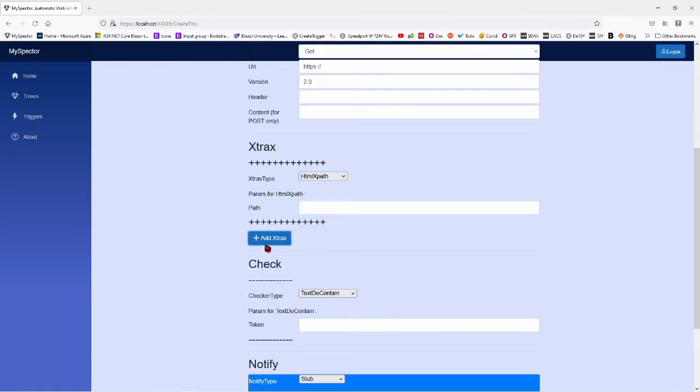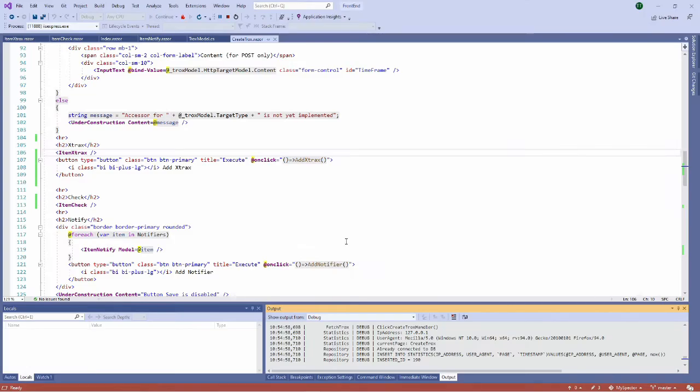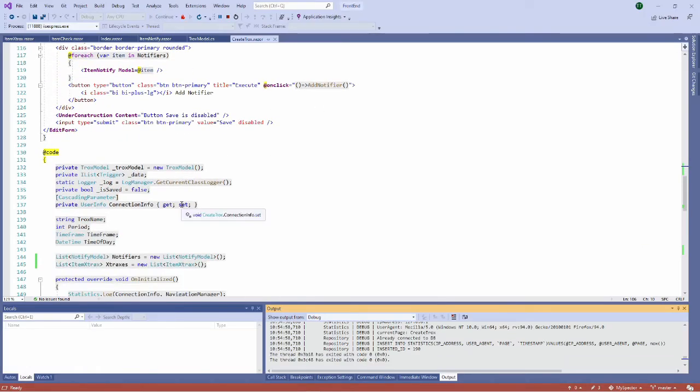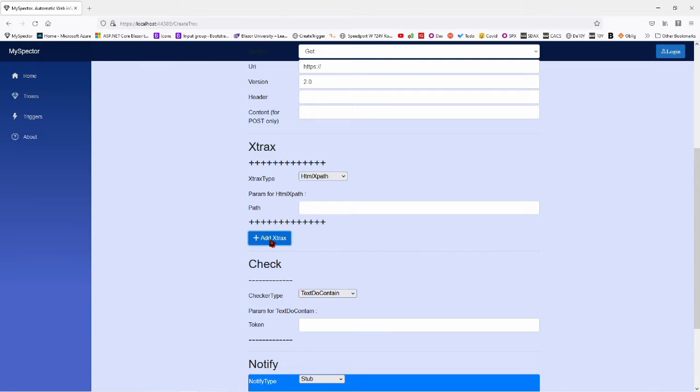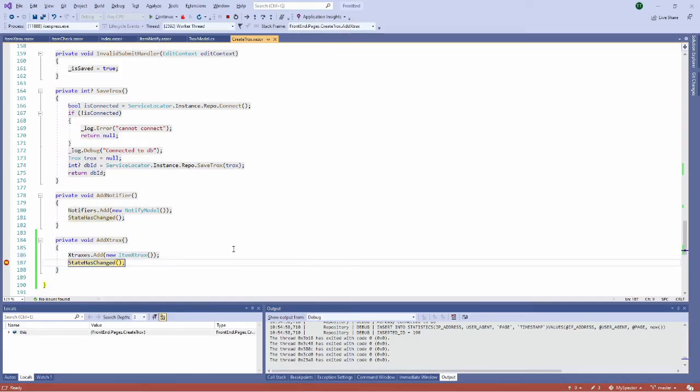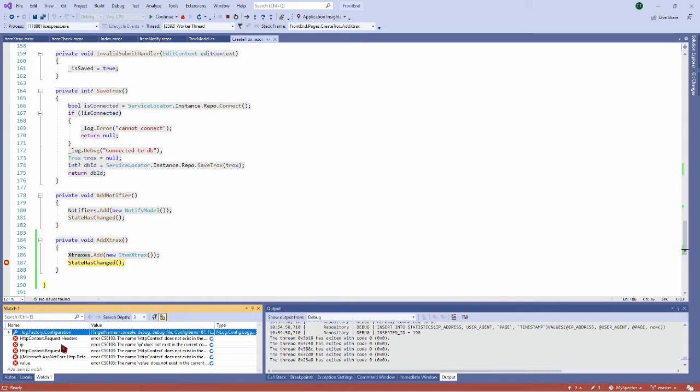Nothing happens because yet I didn't change the code to display, but I can put a breakpoint in the add extracts here, and I will click on it, and then I am breaking with Visual Studio. I look at my list, and here in my list there is already 3 items. So I can put it in my watch like this.